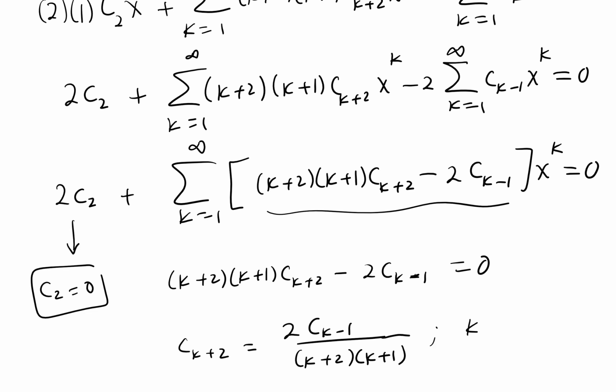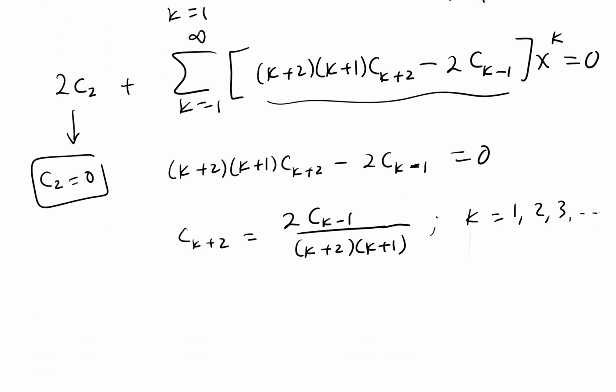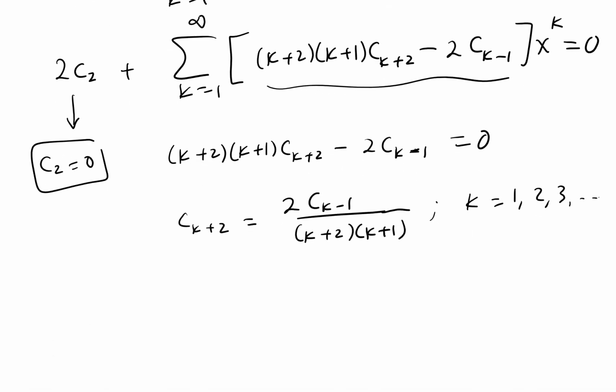What is k? k goes from 1, 2, 3, etc. Okay, so now we take k equals 1, and let's see what we get. k equals 1 gives me c3 equals 2 c0 over